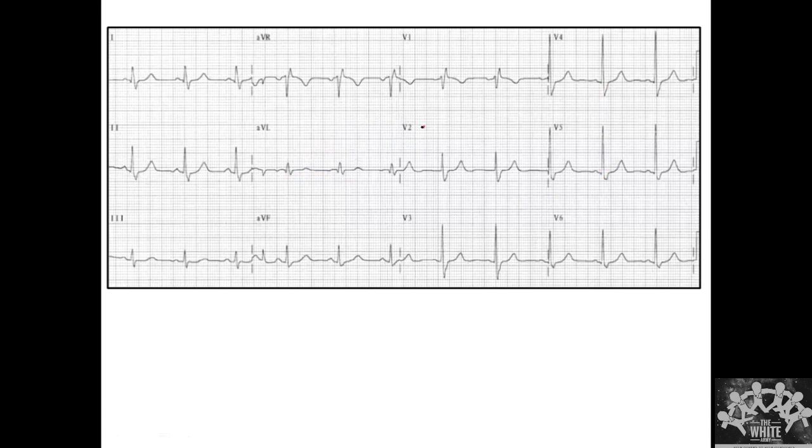When you come to the QRS changes, you see there is a slurring. What is this called? RSR dash pattern. Correct. And once you see this, you see the T wave also. It is exactly opposite. Because this wave is positive, this wave will be negative. Then you see a little wide S wave. You're able to appreciate the wideness. It is a little wider than normal. So this is called the wide S wave.